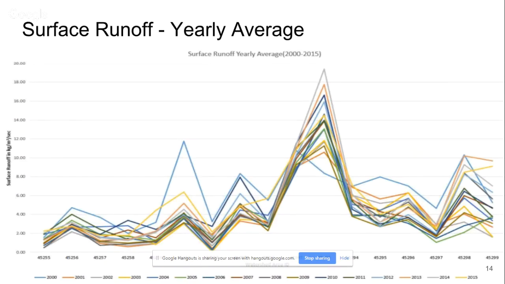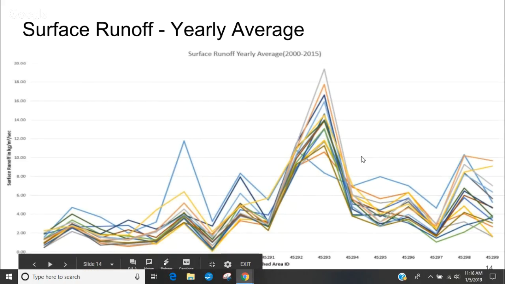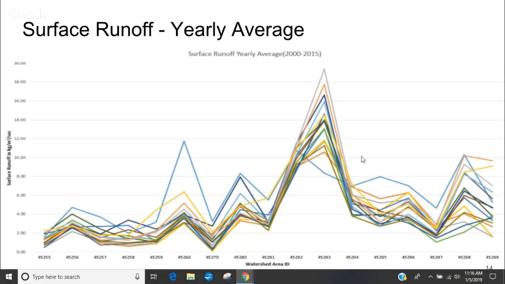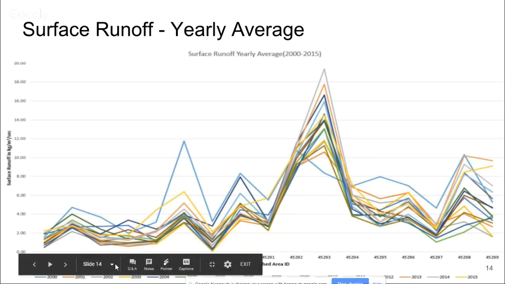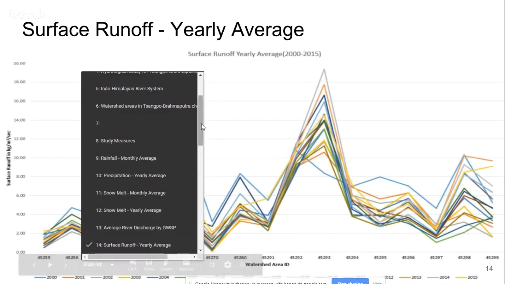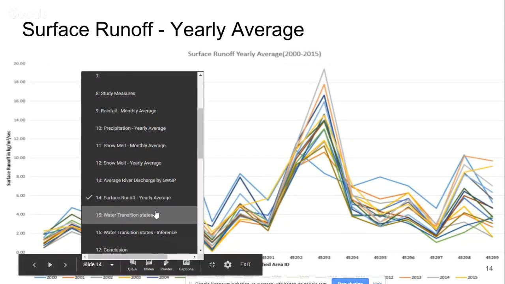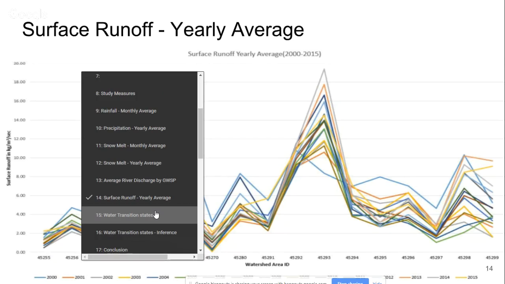This is the runoff, wherein it shows that runoff is also maximum in these two particular watershed areas, which still lie in the areas just above Arunachal Pradesh, in the other country. So with all these studies, we are just trying to check which area receives the maximum out of all these